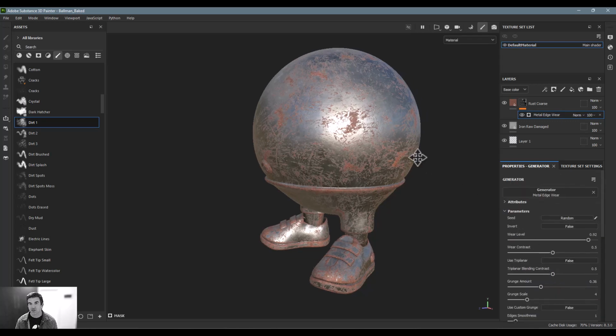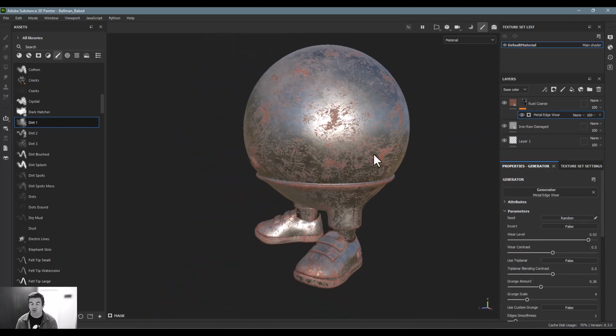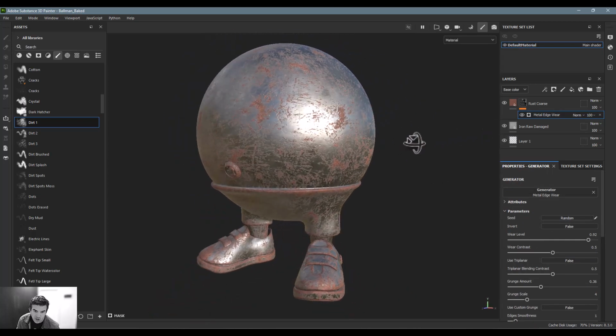And then also, here's the real benefit of this. One of the things about these metal edge wears is they become very, very popular, to the point where I've actually heard industry professionals say they would see this and just be able to recognize, oh, that's just the default rust metal edge wear inside of Substance Painter. So what I would recommend doing is to start to layer this generator with some other stuff, because